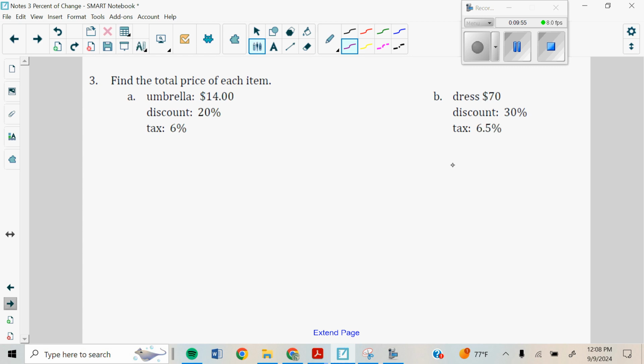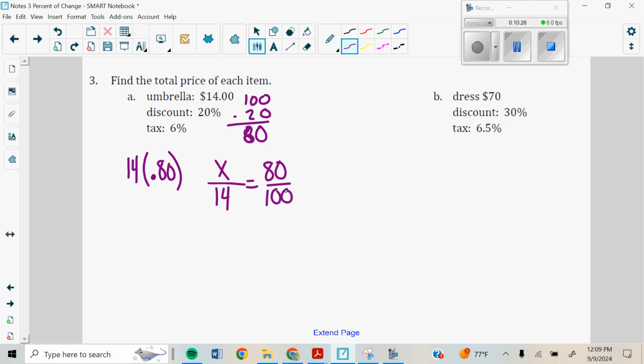So if the price is 100%, we have a discount of 20%, we're actually paying 80%. So this is 100 and I'm minusing 20. So we're paying 80%. So I need to find 80% of 14. Okay, so I can take my 14 and times it by 0.80. That finds 80%. Or you can say what amount over 14 is equal to 80 over 100. These two expressions are equivalent. And so you should find that our new price, our discounted price, is going to be